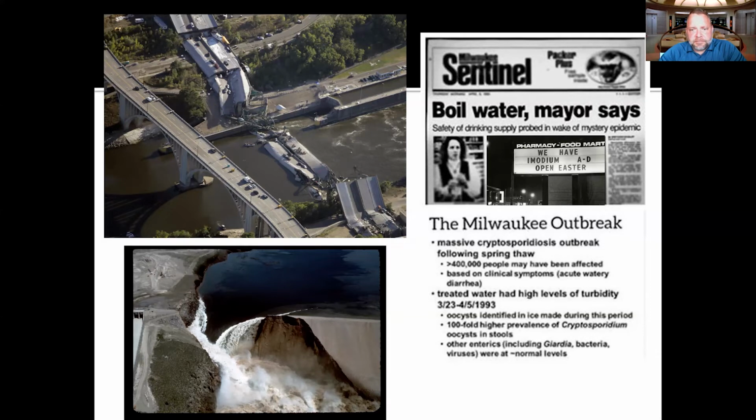All that to say, there weren't as many fatalities in that case. There were some people that died in the Milwaukee outbreak, generally the immunocompromised, but 400,000 people got very bad diarrhea, and many ended up in the hospital. So just not a good thing to have on our track record as environmental engineers. So we do have an obligation. That's the whole point I'm trying to make here. This ring symbolizes the obligation that we have to the public, and frankly to you as well.